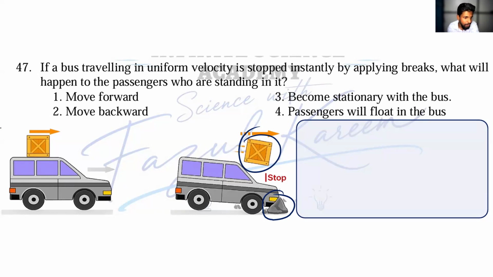For example, just say here we'll take like this. The box and the car are moving with the speed of 100 m/s. And the box is also traveling with the speed of 100 m/s. Then the car suddenly stopped. The box will be moving with the same 100 m/s. You may remember, Newton said that until an unbalanced force is applied, you may have written the first law, right? Until you catch the box, until you apply the force, the box will be moving with the same velocity.